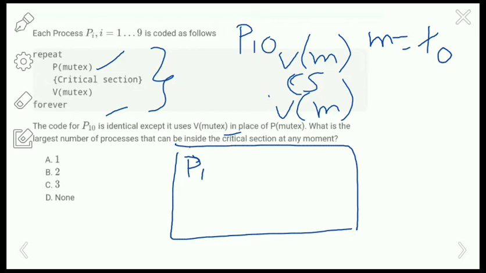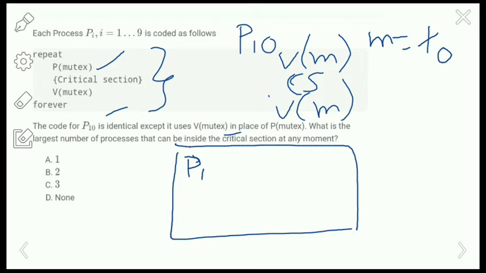Now we are going to execute the process P10. We can execute the process P10 only when the m value is equal to 0, because to enter and then exit the critical section it is given V of mutex.